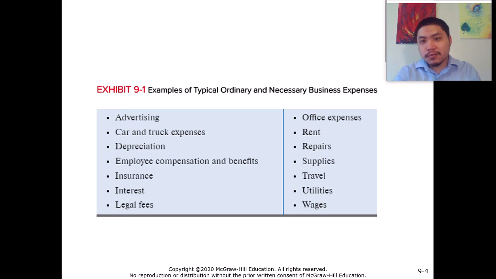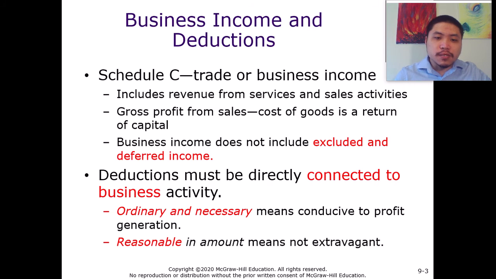So again, those are expenses that are necessary and ordinary, but they are not repetitive. So again, these are an area where business owners and taxpayers have to be very careful, in terms of record keeping, in terms of explaining to the IRS. Basically the business owners have to make sure that they keep